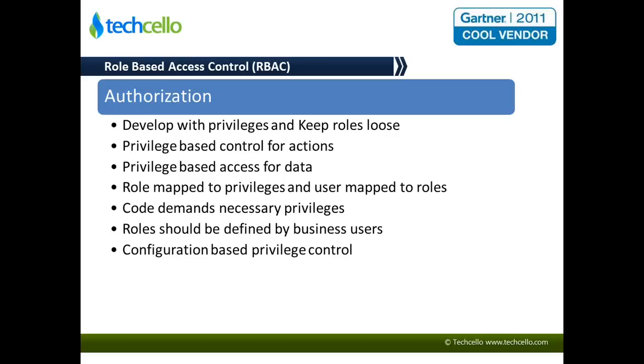So once you authenticate, the next thing that you'll have to take care of in your product or application is authorization, right? So authorization, as we discussed, is the ability to provide access only for the actions that a user is supposed to do and restrict access for the rest of the people, right? So what does it take to build authorization? Usually people go in for role-based authorization. So they say if it is admin, then give access to so-and-so menu, give access to so-and-so links, and so on.